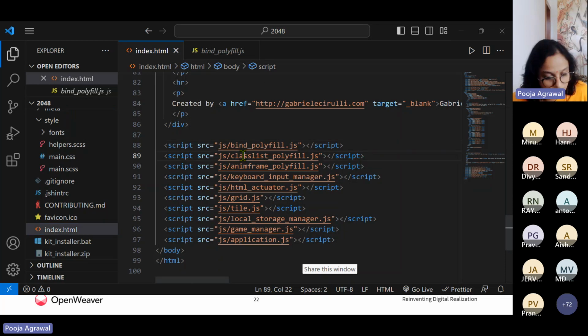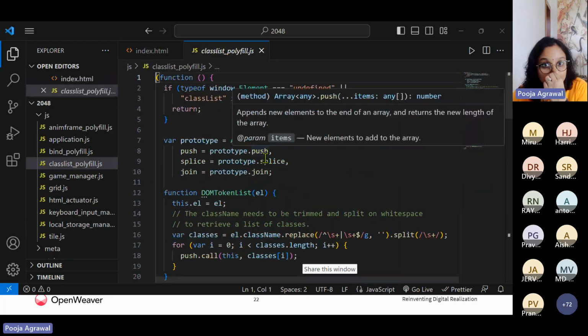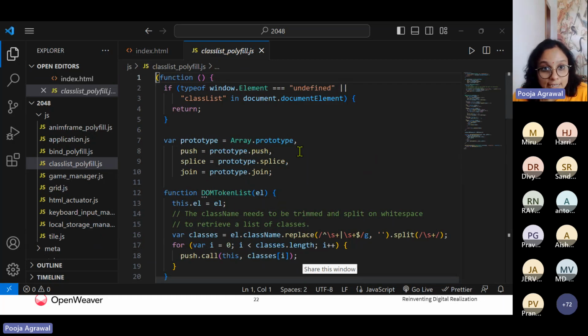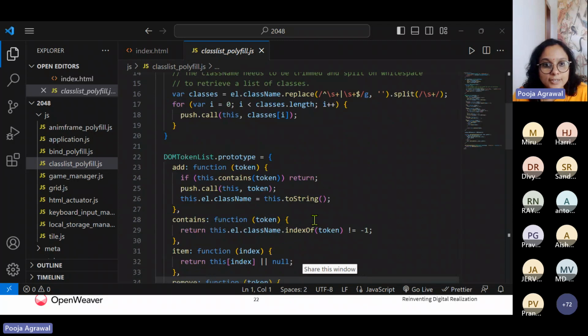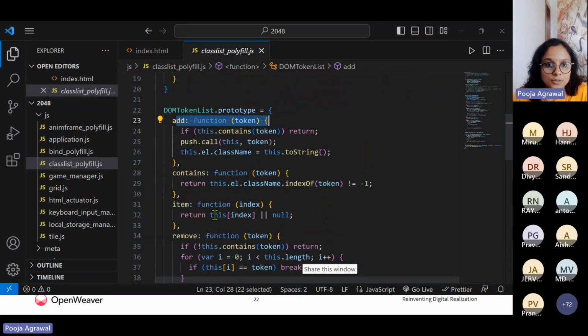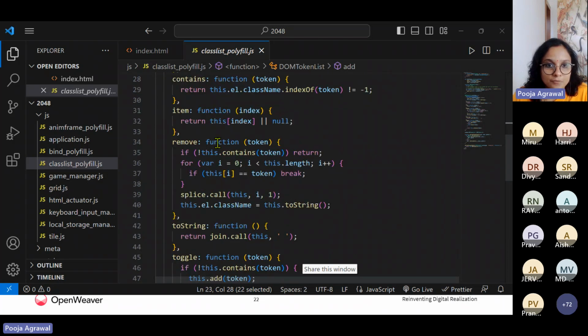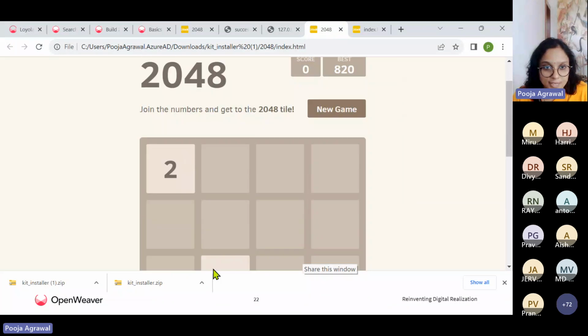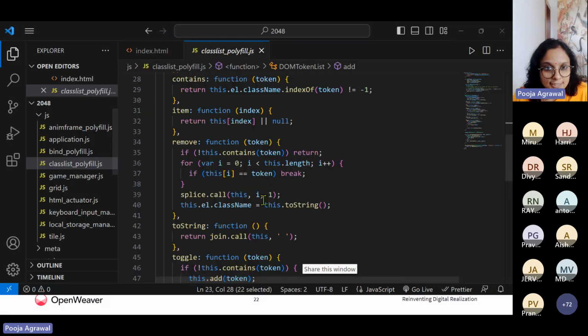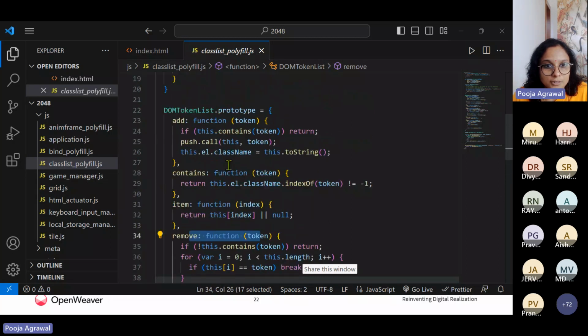If you go and click on this one, you would be able to understand the entire flow, as in you would get to this add function and the way we are able to showcase that. Let's say for these particular grid cells, you saw there's a remove function, there is a function that contains, there's an add.